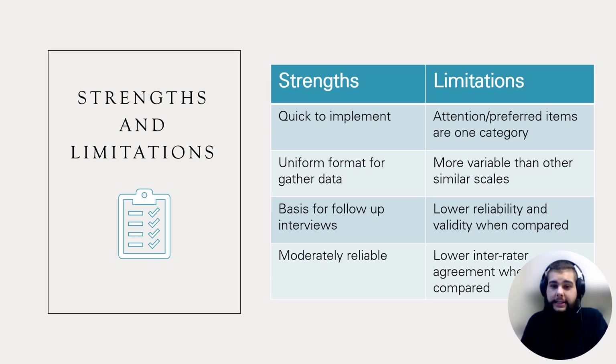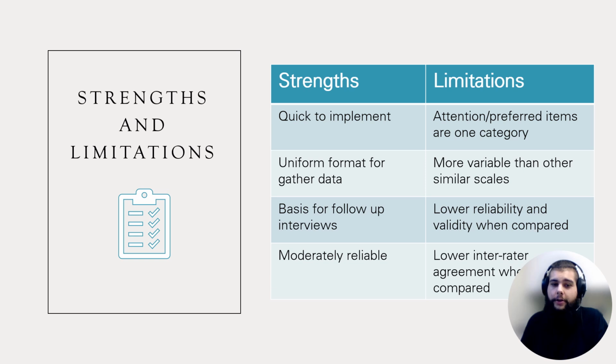This ties hand in hand with it being a good starting point to follow up on during preceding interviews, giving you information from the informant about when and why the behavior is happening, topography, severity, etc. The FAST is also moderately reliable, making it useful when pairing together with other assessment methods to check for agreeability and consistency. As far as limitations, there are some pretty vast limitations of the FAST, some being that